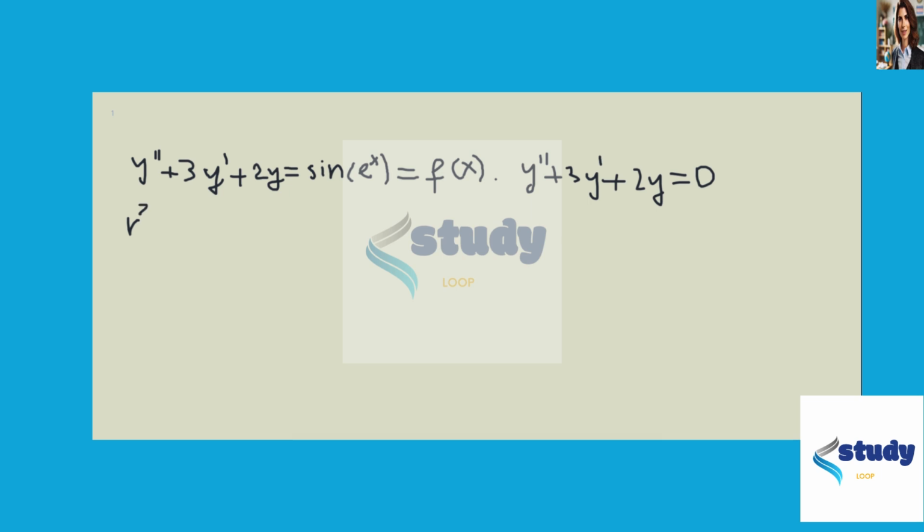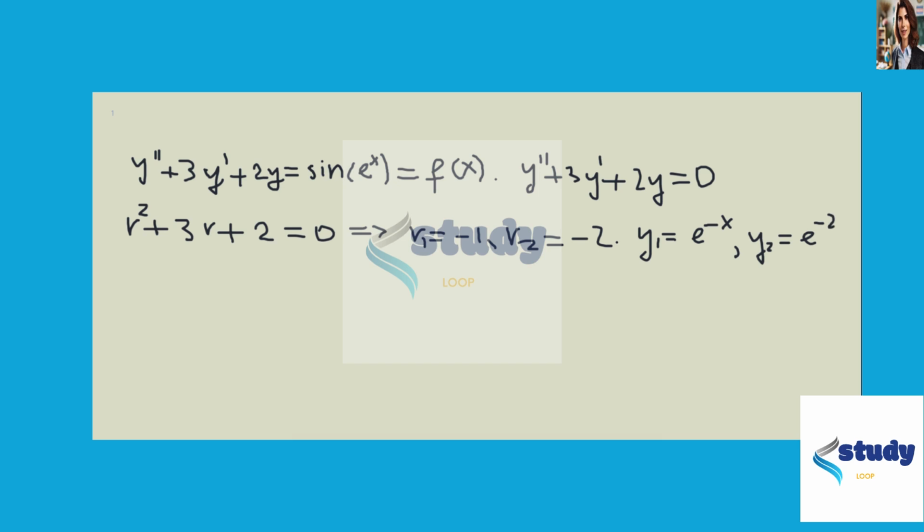And solving this is very simple. We simply write down the characteristic equation, that is r squared plus 3r plus 2 equals 0. And once you solve this, we will have the two solutions: r1 is -1 and r2 is -2, which means that our two linearly independent solutions for the homogeneous part are y1 equals e to the negative x, and y2 equals e to the negative 2x. So this means we have the general solution for the homogeneous part, which we can write as c1 y1